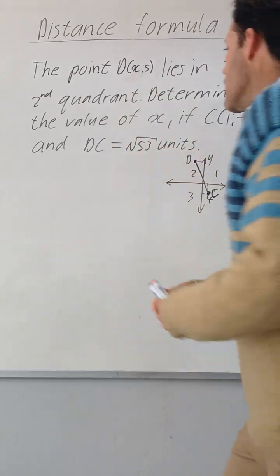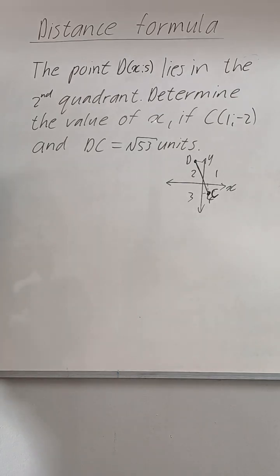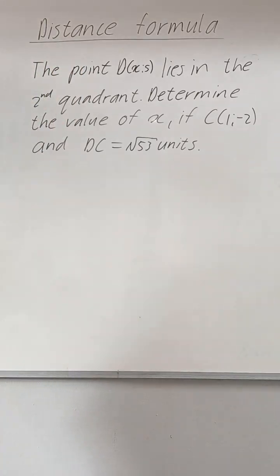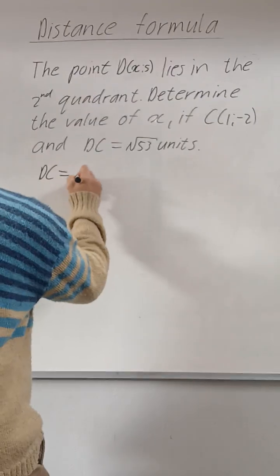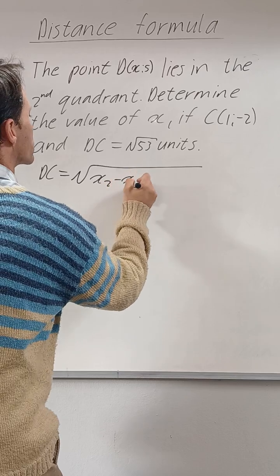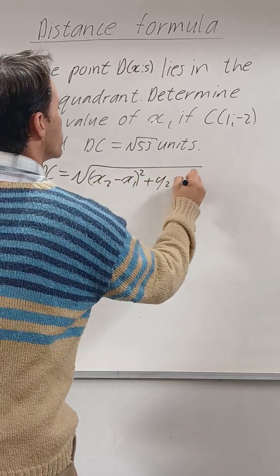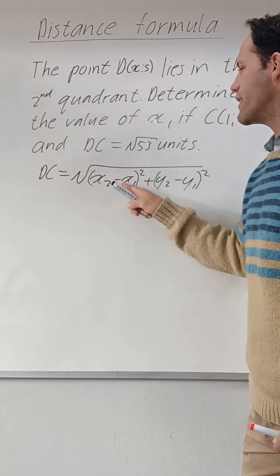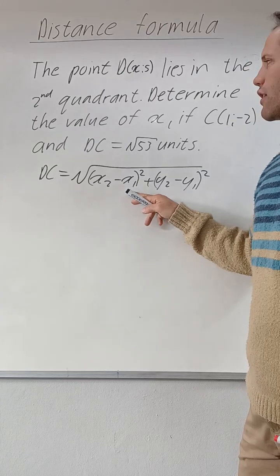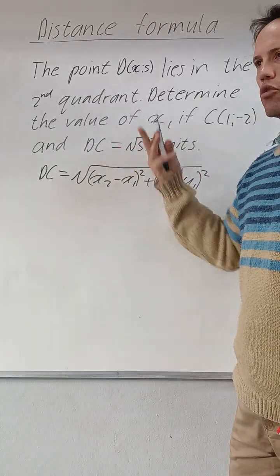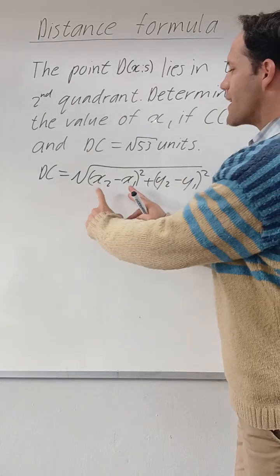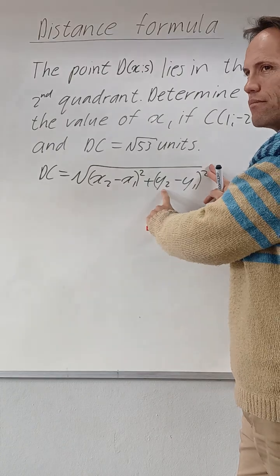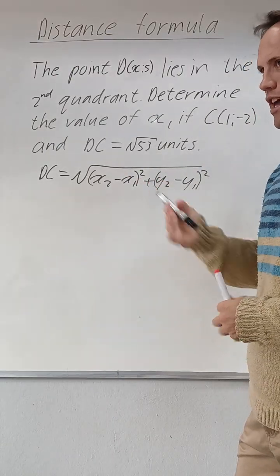So if you think of the distance formula, you're obviously going to start by using the distance formula. DC is equal to the square root of (x2 minus x1) squared plus (y2 minus y1) squared. Remember I said rather use x2 and x1, because we're not always going to have A, B. Sometimes it's DC or PQ or whatever. So the point is, you subtract the x values, you square them. You subtract the y values, you square them. And you need to add the two because it's like Pythagoras.